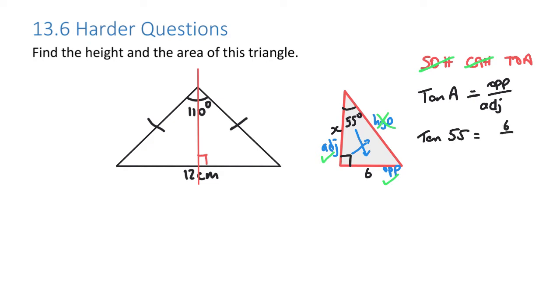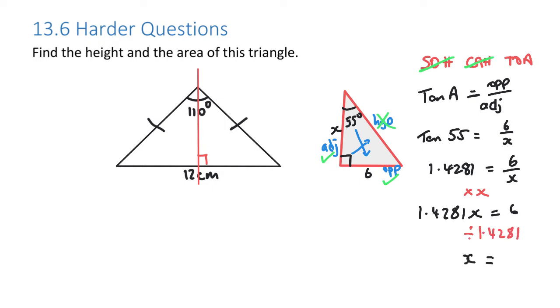is 6 over x. And we can work out the tan of 55 to be 1.4281. It's going to equal 6 over x. And at this stage, what we need to do is multiply up by the denominator. So we multiply by x, and we get 1.4281x equals 6. So then dividing by 1.4281, we'll leave x on its own, and we'll get x to equal